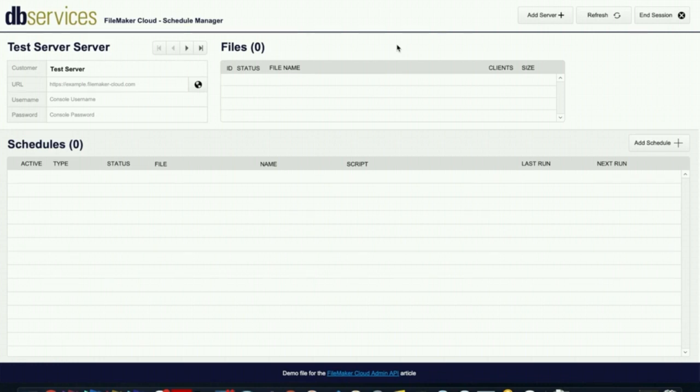Today we're going to take a look at the FileMaker Cloud Schedule Manager that DB Services has created for the Cloud Admin API, the official release. They completely updated the endpoints for the API in the official release of the Admin API, so it was required that you basically do a complete overhaul for any applications you had that were utilizing that service. But we're going to go ahead and take a quick look at how this file can work for you